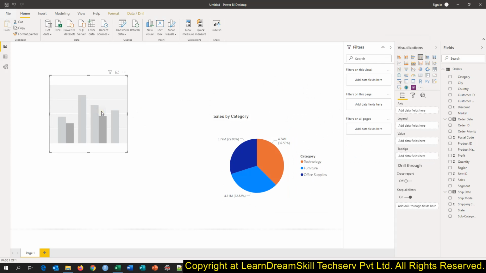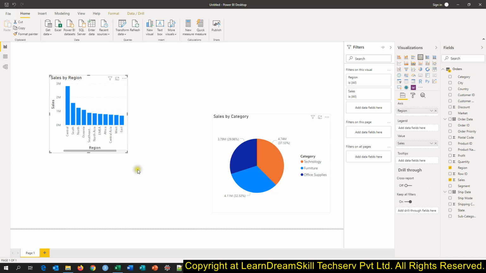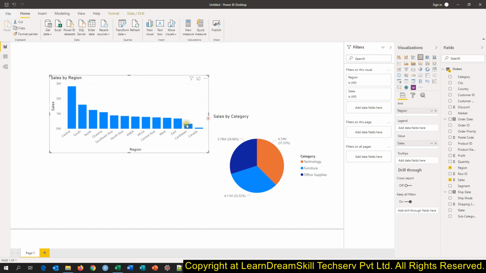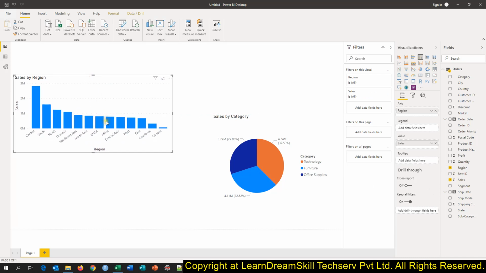See, a blank chart has been added here, and I add the region and the sales. So our column chart is also created, and you can see it is sorted by the sales values automatically, and it has not added any data labels here. To add the data labels, we can go to the formatting and enable the data label.